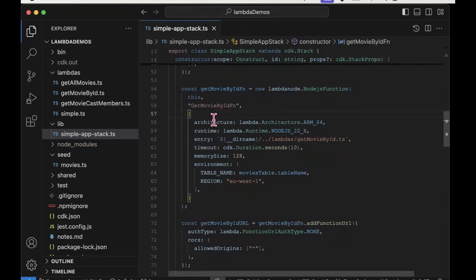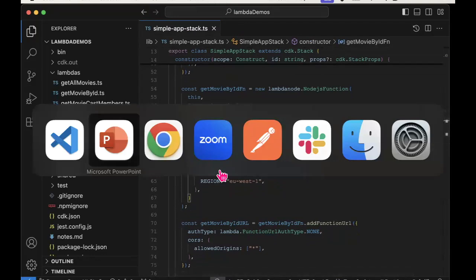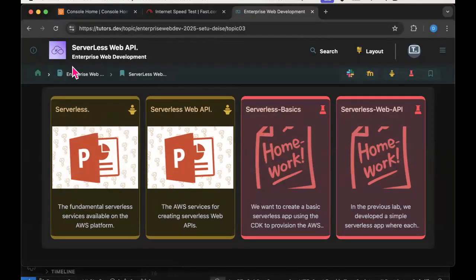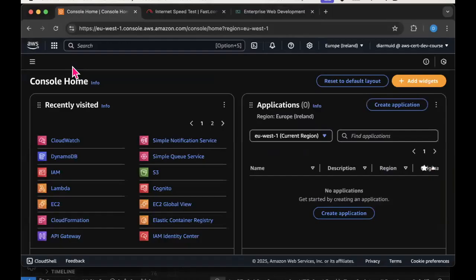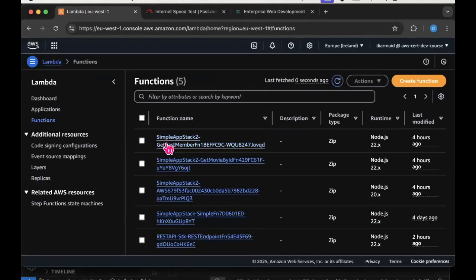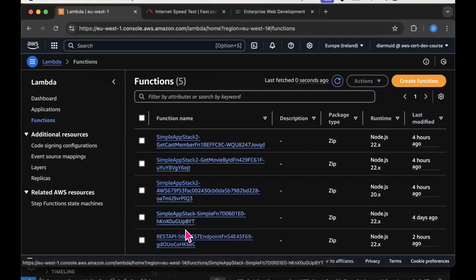And when the CDK code runs, it will provision a Lambda function. And if you go to the management console and go into the Lambda part of the console, where's Lambda? Down here. And you can see I've got a number of Lambda functions provisioned. If I look at the names, this looks like the Lambda that I was actually looking at in VS Code. And if you go into that,